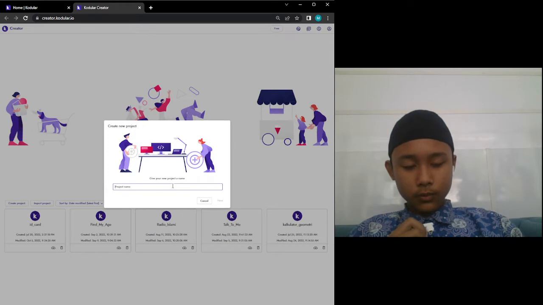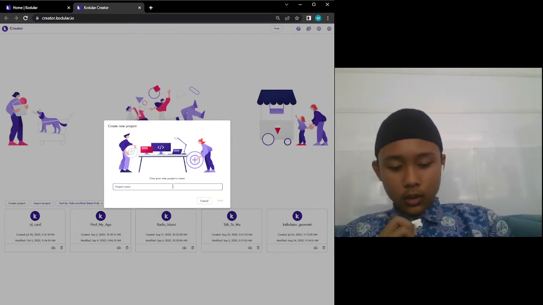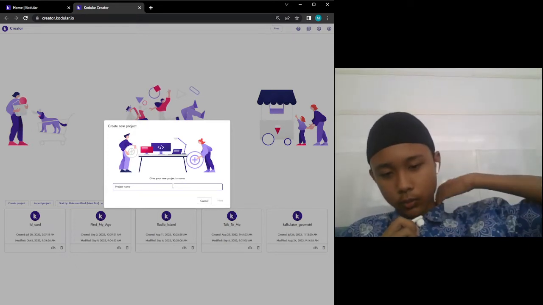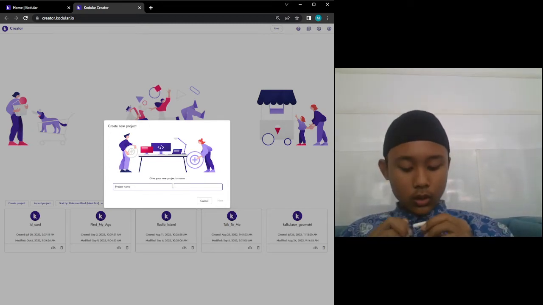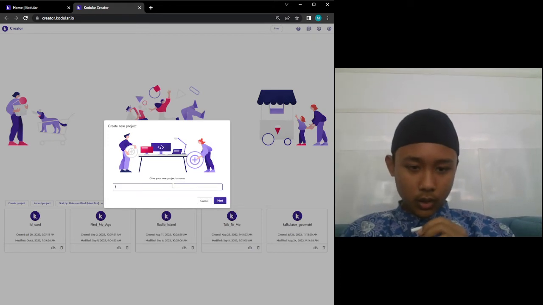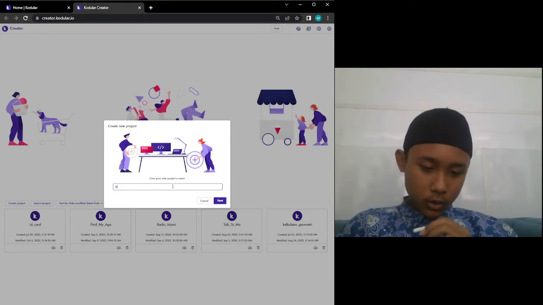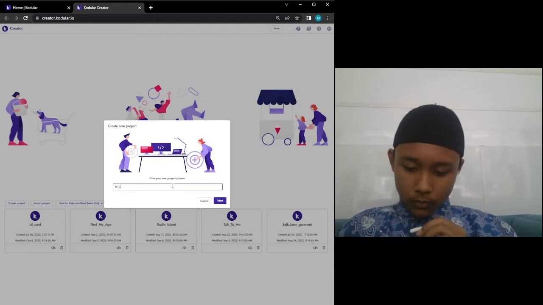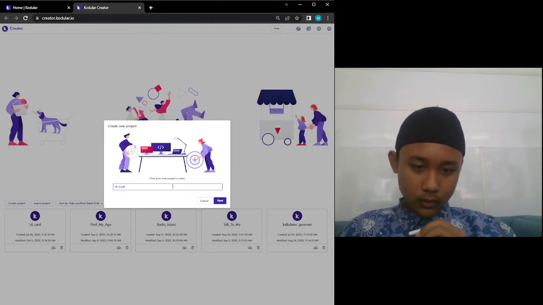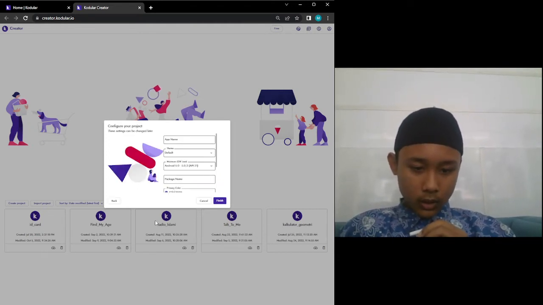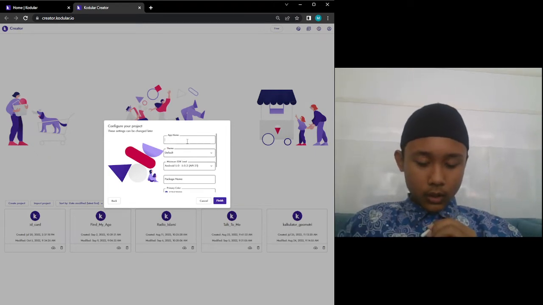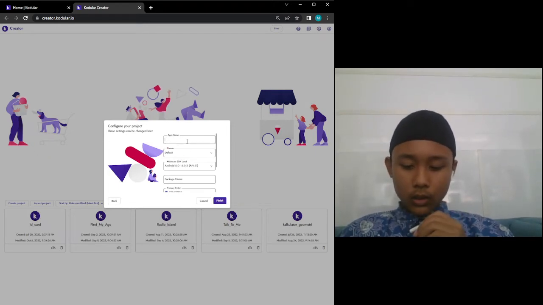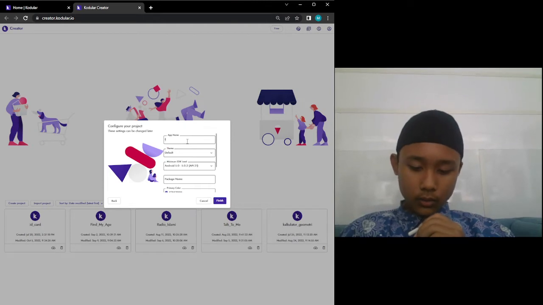and write the name of the project. Because this is an ID card project, you must give the name ID card or something like that. Up to you. ID card. Okay, and then click next, and after that, this is the app name. The app name, you can write ID card,